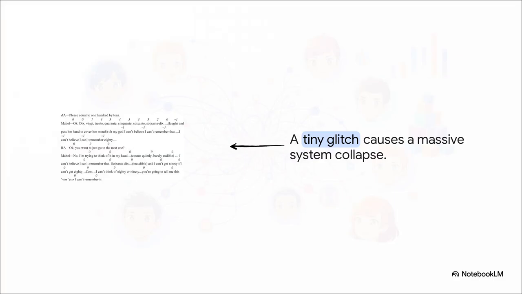Well, the transcription from that moment brilliantly illustrates exactly what happened. She's sailing along perfectly, 10, 20, 30, but then she hits 80. And she just completely, frustratingly, blanks on the French word for 80. She actually spends over 60 seconds just trying to retrieve this one single word, saying things like, "Oh my God, I can't believe I can't remember that."